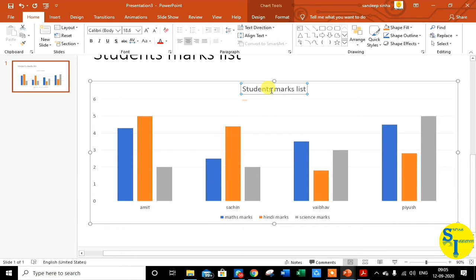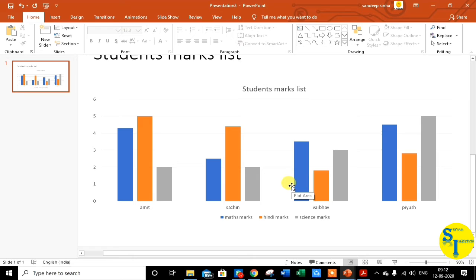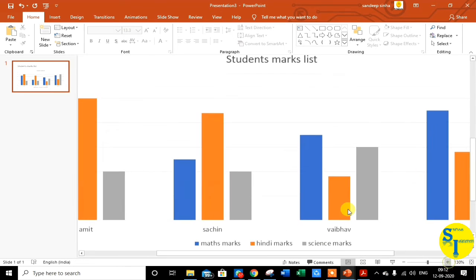Now student, this is the chart title at the top of the chart, and this is the grid line. What is a grid line? Grid lines can be horizontal or vertical, and depending on the selected chart type, they extend across the plot area of the chart. What is the benefit of grid lines? Grid lines make it easier to read and understand the values of the chart. You can see these horizontal lines in this chart are grid lines.